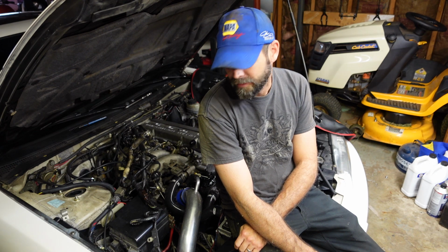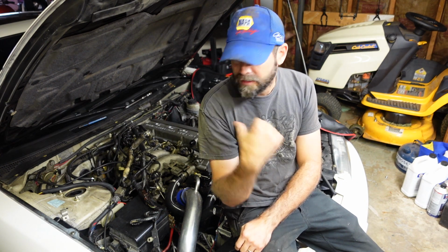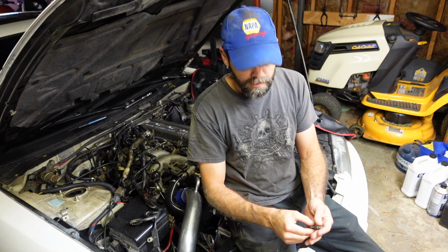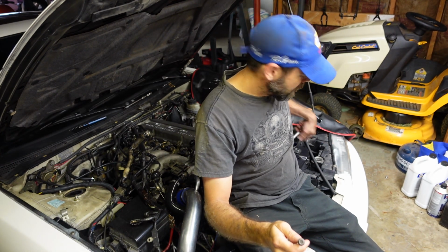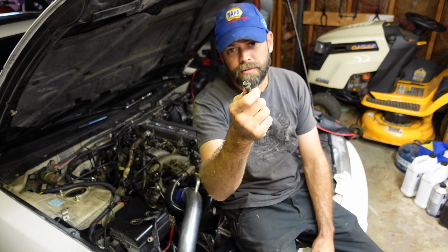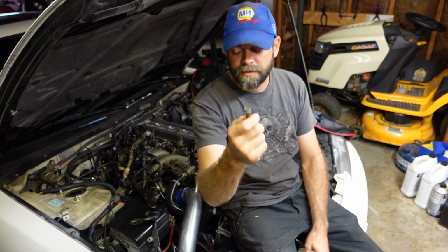When I picked it back up to go reinstall the thing and put the new ring seals on those wells, I fumbled the valve cover and bolts went everywhere, and this little guy right here went right down in my intercooler pipe and down into the intercooler. So I had to disconnect that hot side pipe to magnet the bolt out of it,